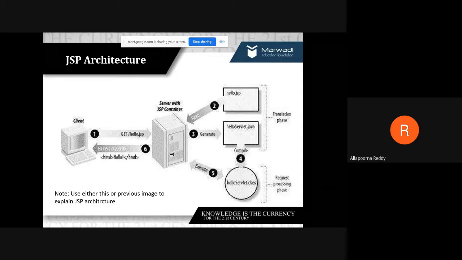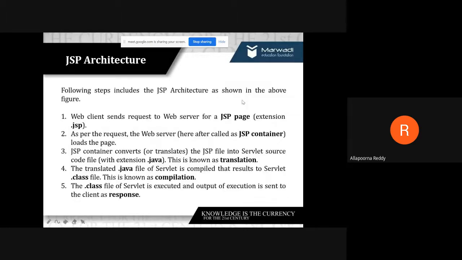The same thing is explained clearly in the next one. What happens here? These are the following steps where my JSP architecture shows. First, the web client sends a request to a browser for a JSP page. Remember, the extension should be .jsp.